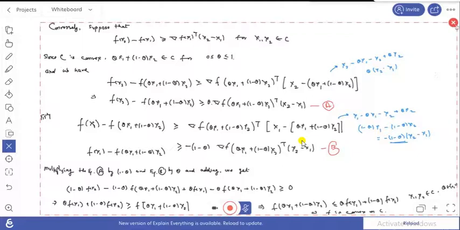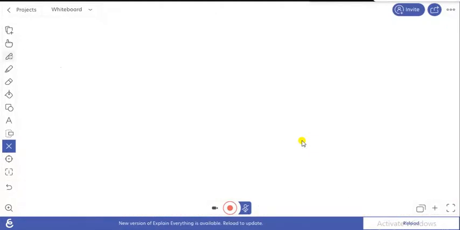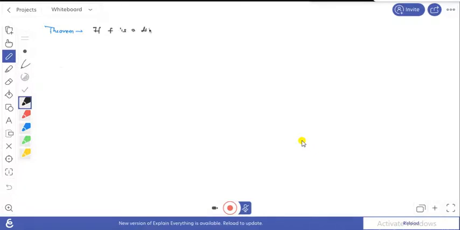If f is a differentiable function on an open convex set C in Rn, then